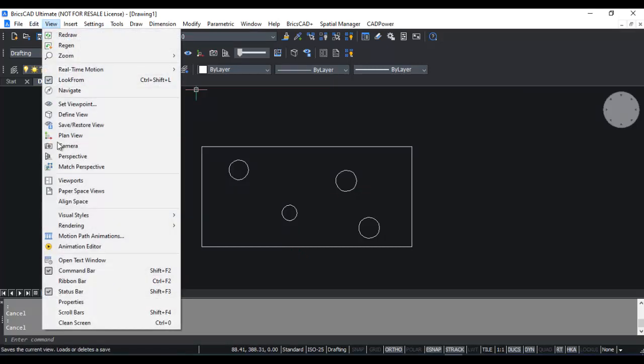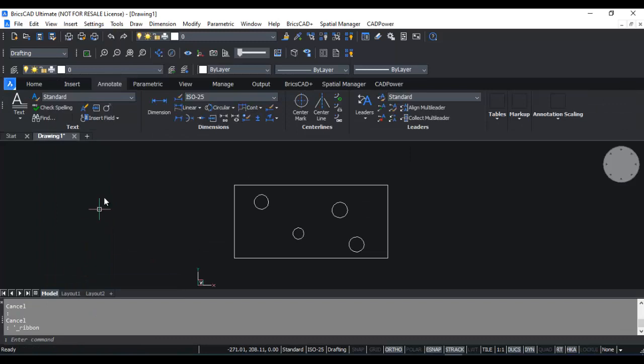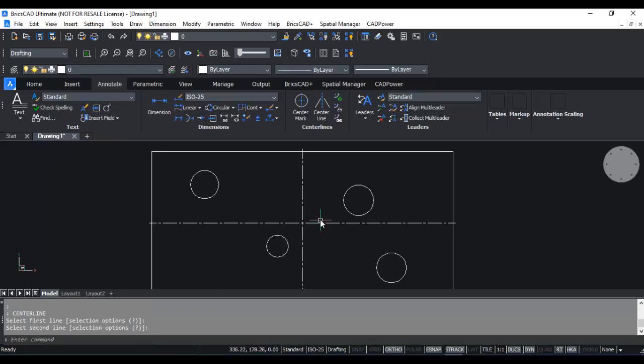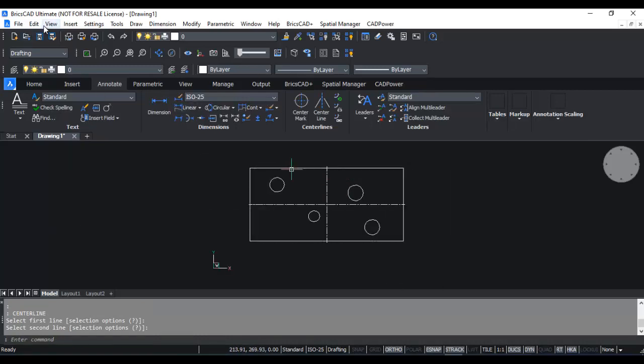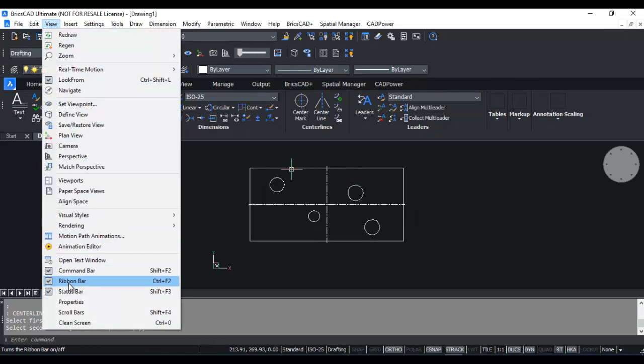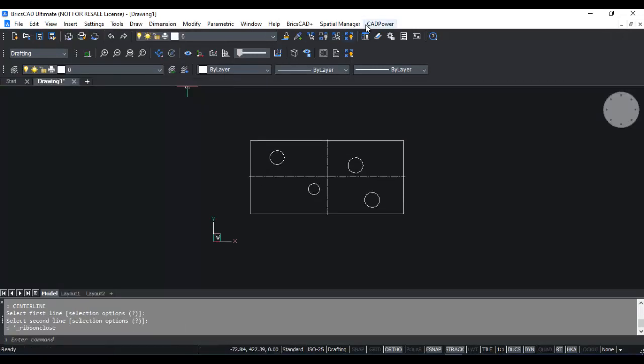So I'm going to switch on the ribbon in BricsCAD, go to the annotate tab and choose the center line option. So I'll pick these 2 lines and then these 2 lines, and it creates automatically the center line for this frame. So next, to save some space, I'm going to switch off the ribbon again and go to the